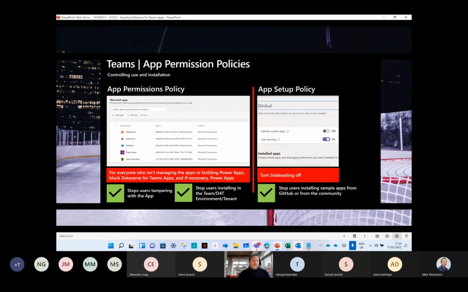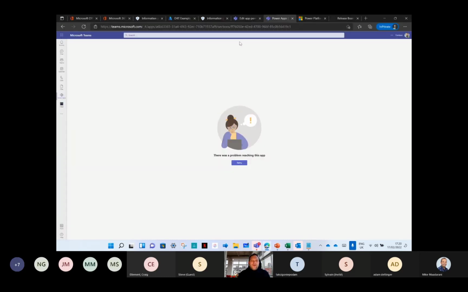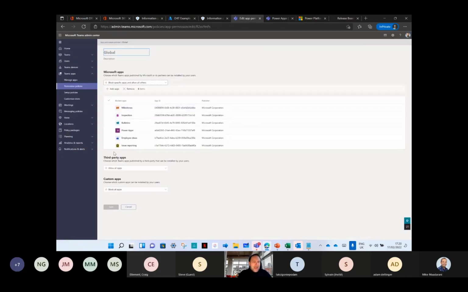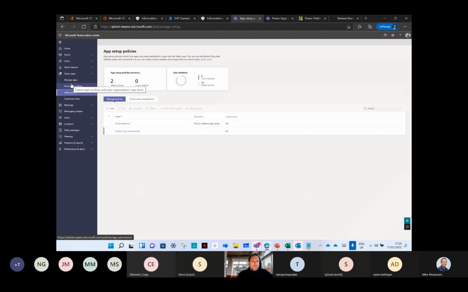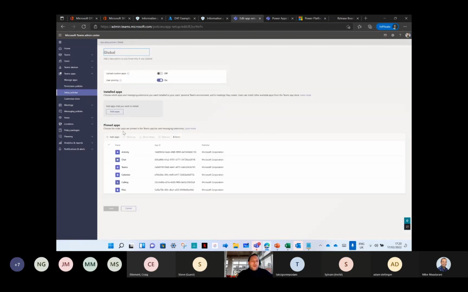Now, this again is quite an important one. If I come back up into my Teams environment, here I am, and I click on setup policies in terms of app permission policies. If I go to the global org-wide default, you will see that the ability to upload apps, or what we call side loading, has been turned off. And you'll just want to make sure that it is only on for users that you want to side load